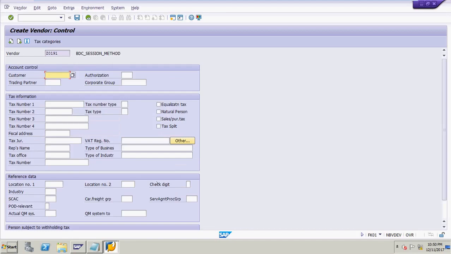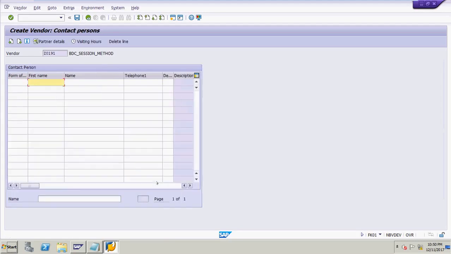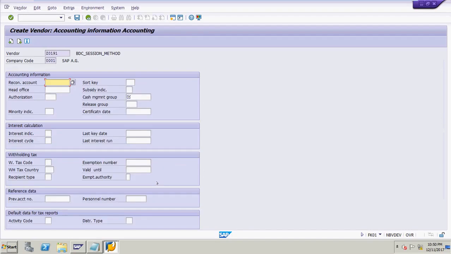Now press the enter button, again the enter button, and press enter again. Recon account 31000.